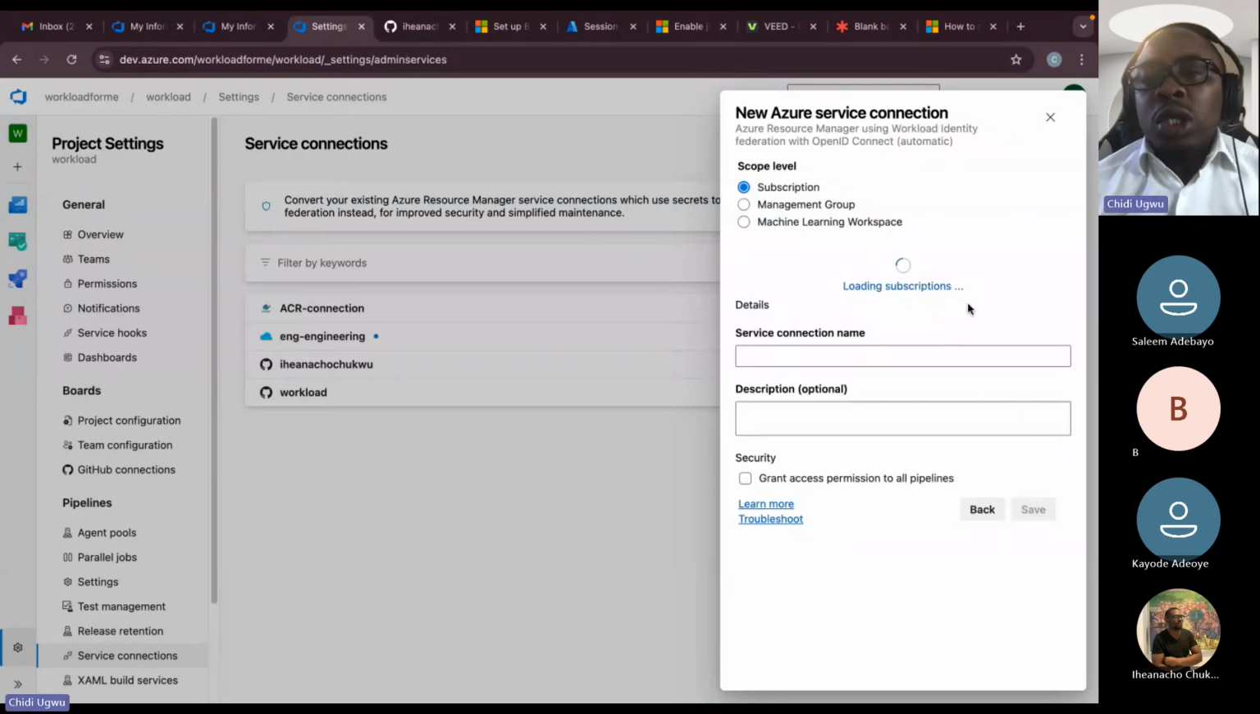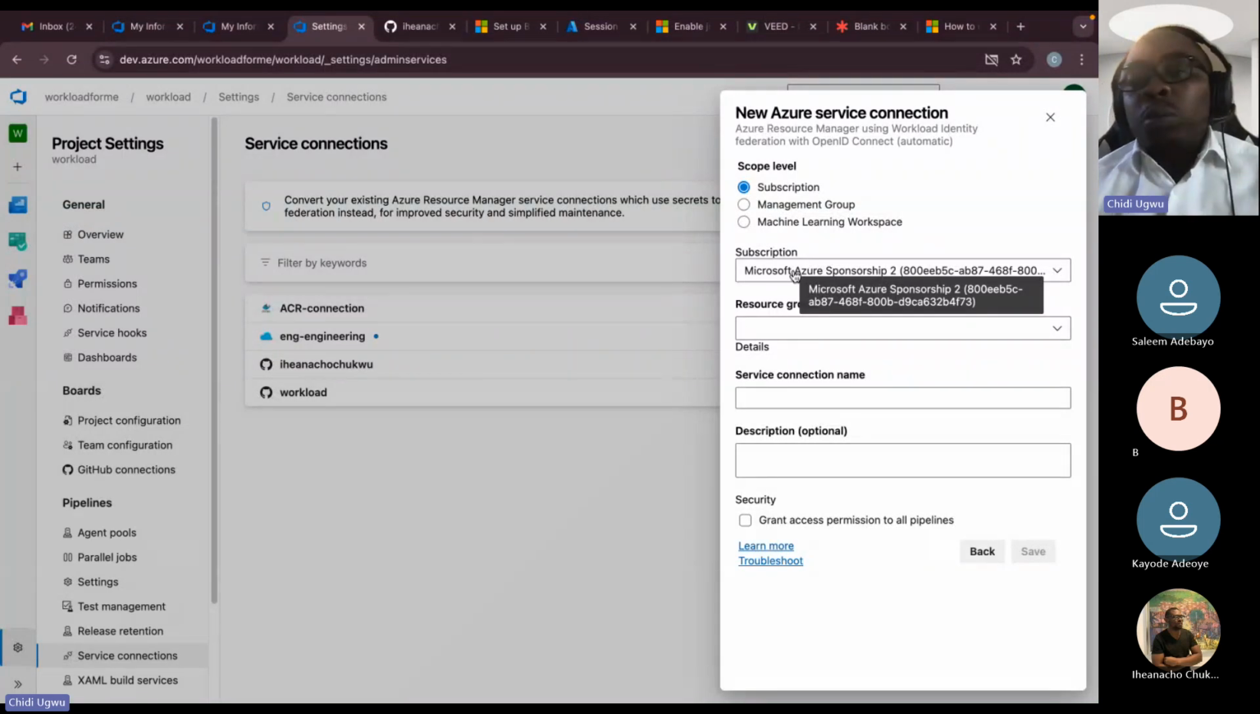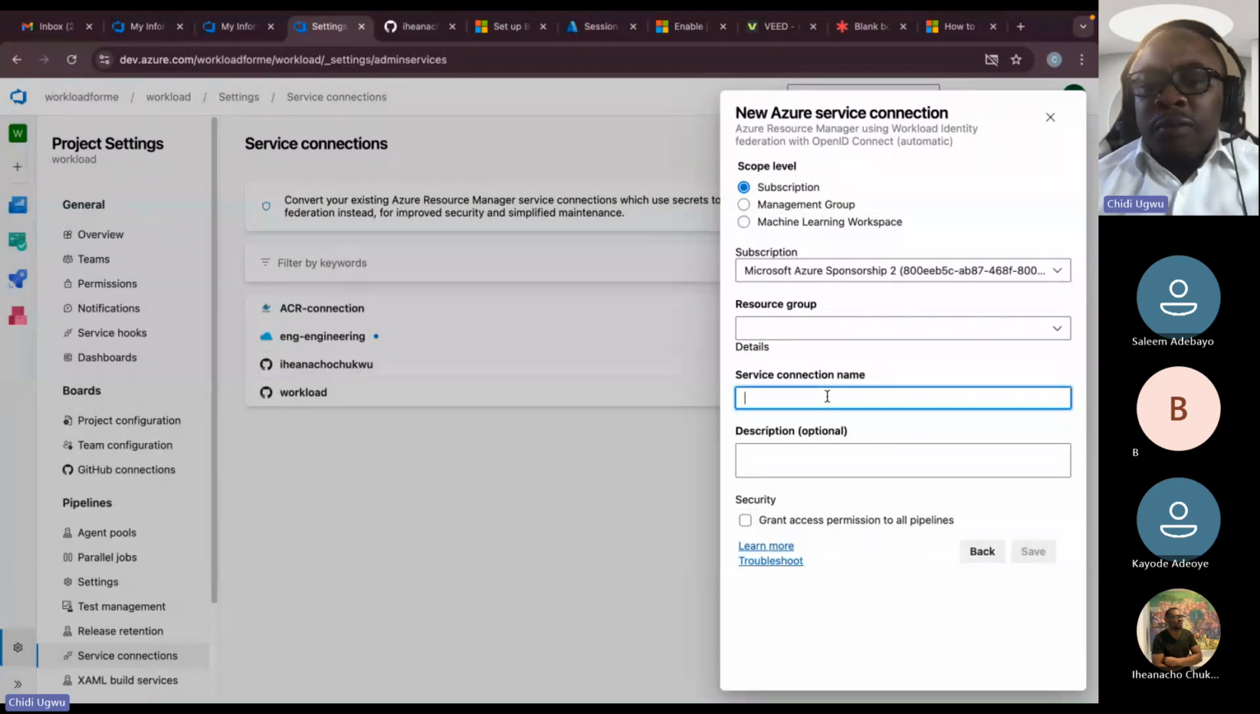So it will load the subscription. One of the prerequisites again is the user authenticated on this DevOps interface needs to be added to the Azure environment with at least a contributor role on the target subscription where you want to make your deployments. If that is done, then the subscription should be reflected here, and then you either select an already existing resource group or you create one on the Azure environment and the resource group will reflect here. Then you give your service connection name,